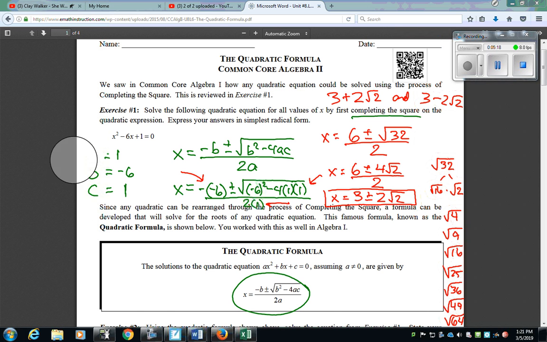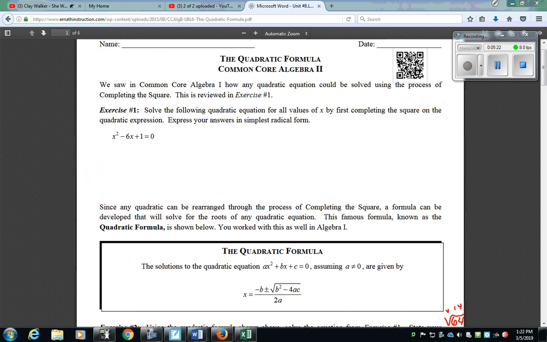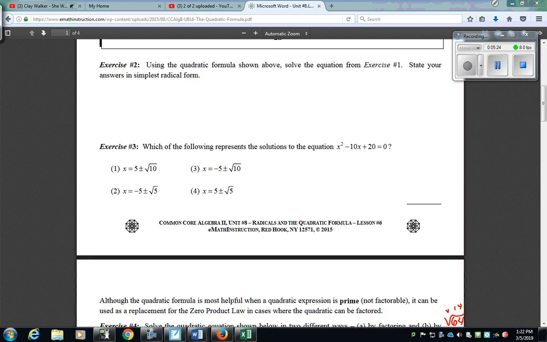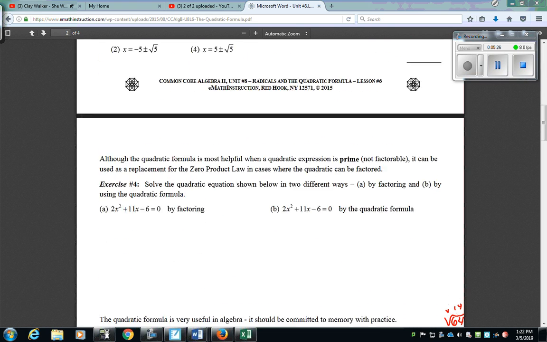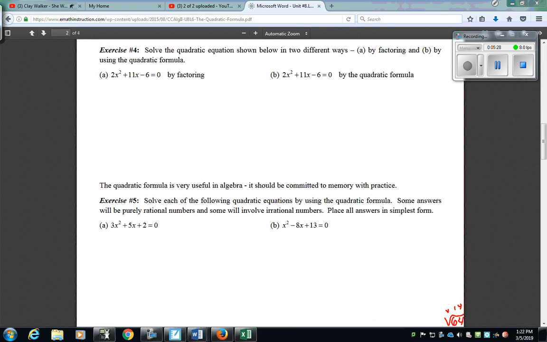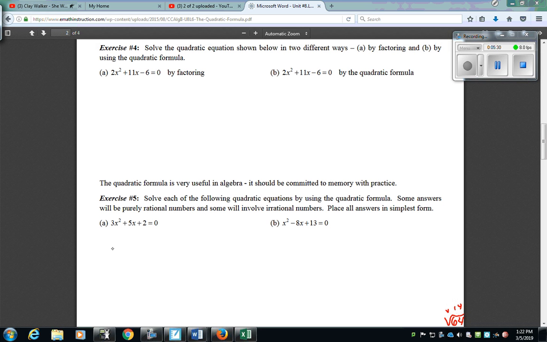So let's go ahead and take a look at one more together. I'm going to take a look at 4. And the reason I picked 4 to do next is because there are two ways to do this. This one is factorable, but it can also be done with the quadratic formula. So, talking about the factors for this,